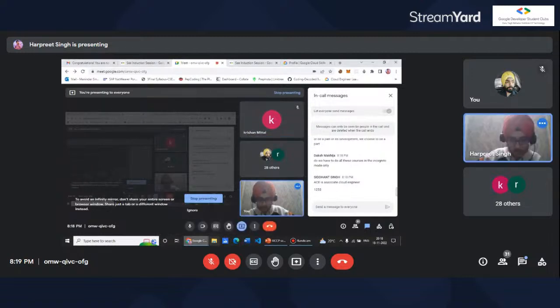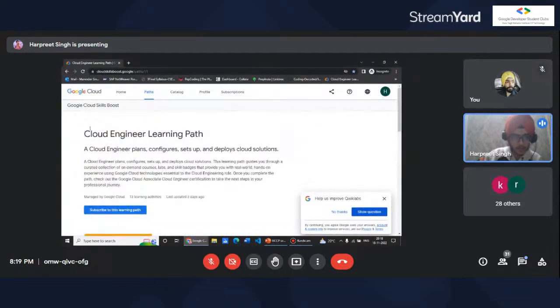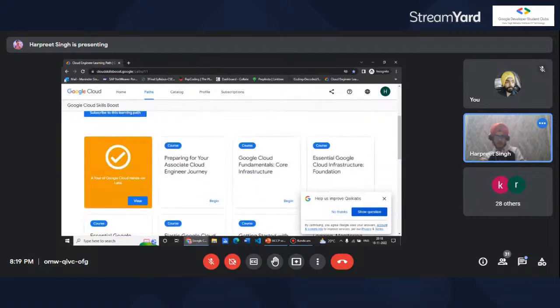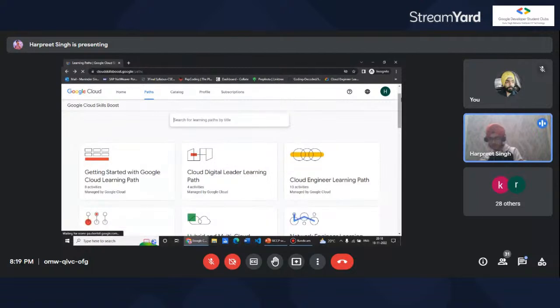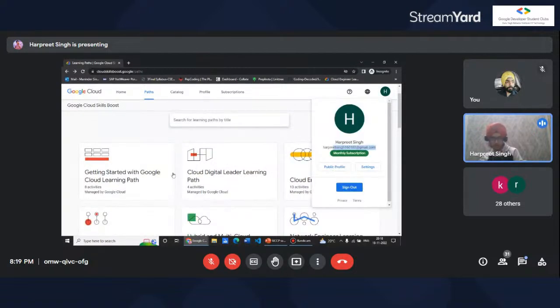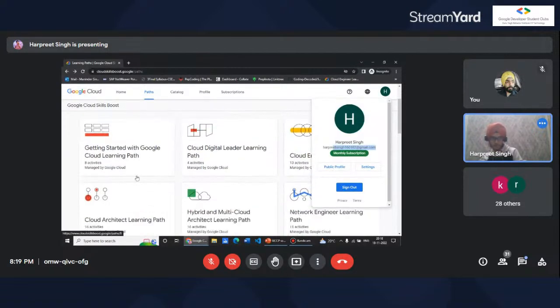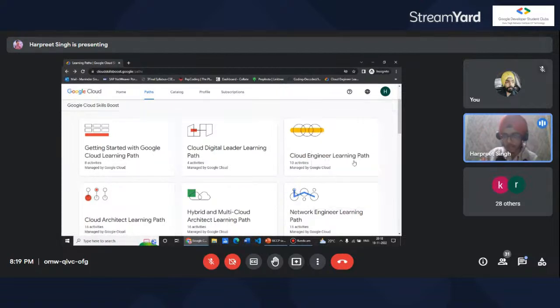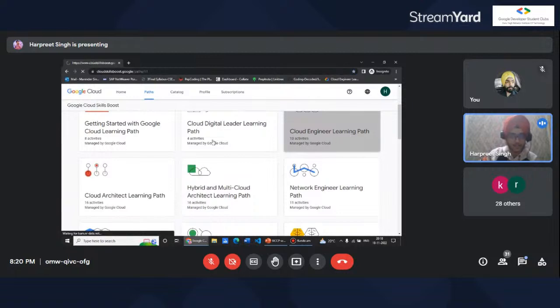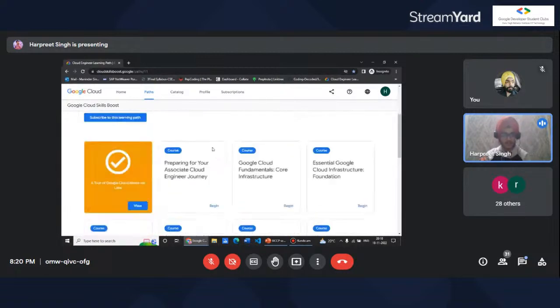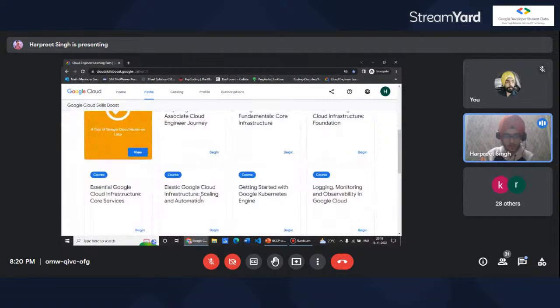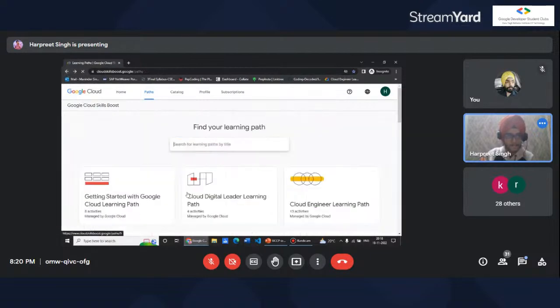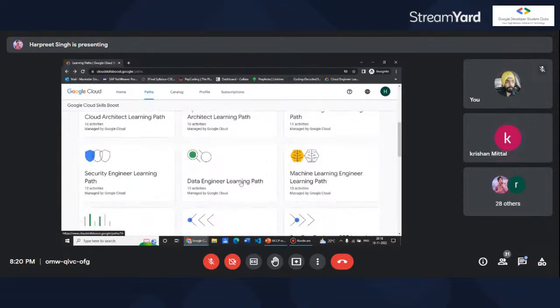I think now they are only providing us the credits for the Cloud Engineering learning path. But the other ones are also accessible. If the other ones are accessible, then again we just have the monthly subscription, so we can also start with them as well. So we can complete any learning path that we want to do. But again, if we are getting a certificate for the Cloud Engineering path, it is recommended. Otherwise, we can have access to all the courses which they have. Okay, thank you.